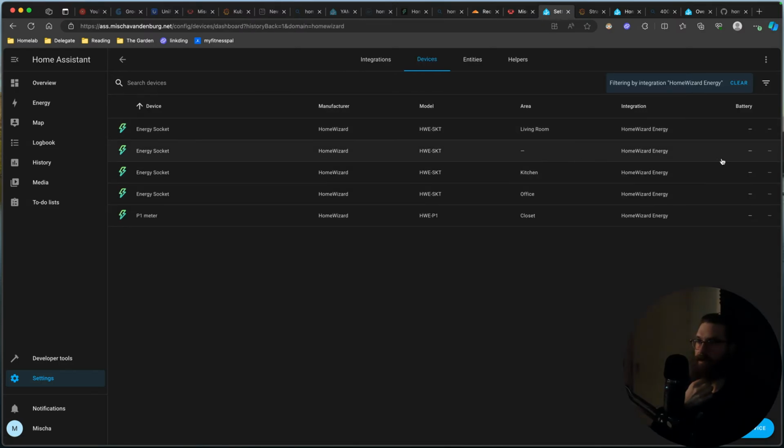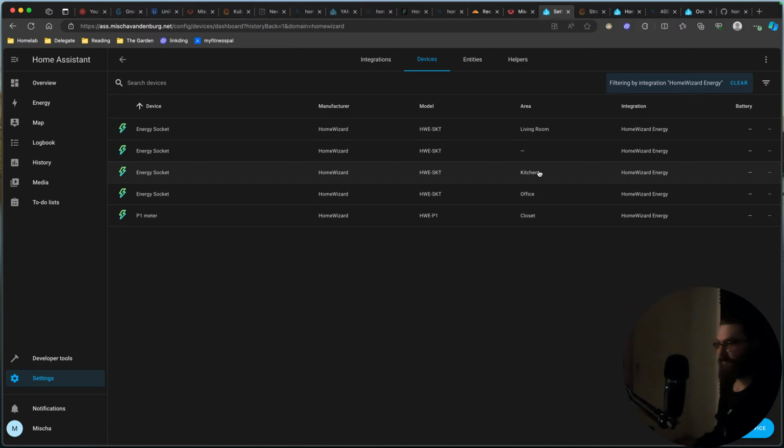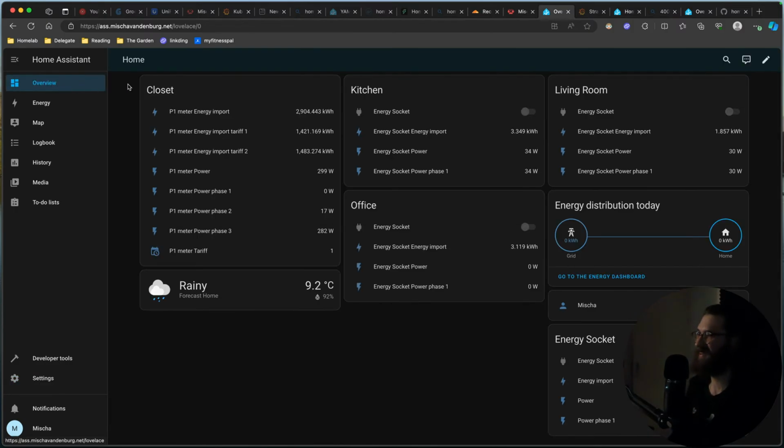This one has no room. But now at least I know which one is which. So actually what I'm going to do is hook up this oven to the sockets, and I'll just determine which one is which. So I'll be right back. This is an amazingly low-tech solution, but